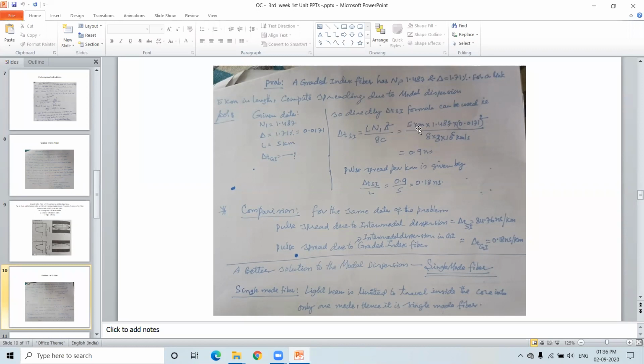So now please say L is 5 kilometers, N1 is 1.487, delta squared is, here it is given, 1.71%, it is going to be 0.0171 squared by 8 into C, the light velocity, 3 into 10 power 5 because it is kilometers, it is 5. So in this, what did you get here? 0.9 nanoseconds. So in the earlier case where the step index fiber, we obtained 423 point something nanoseconds for a 5